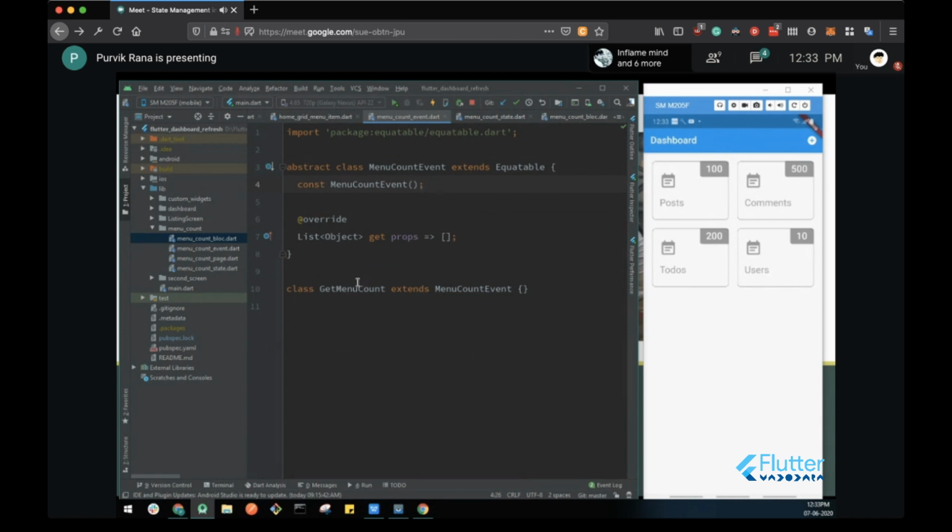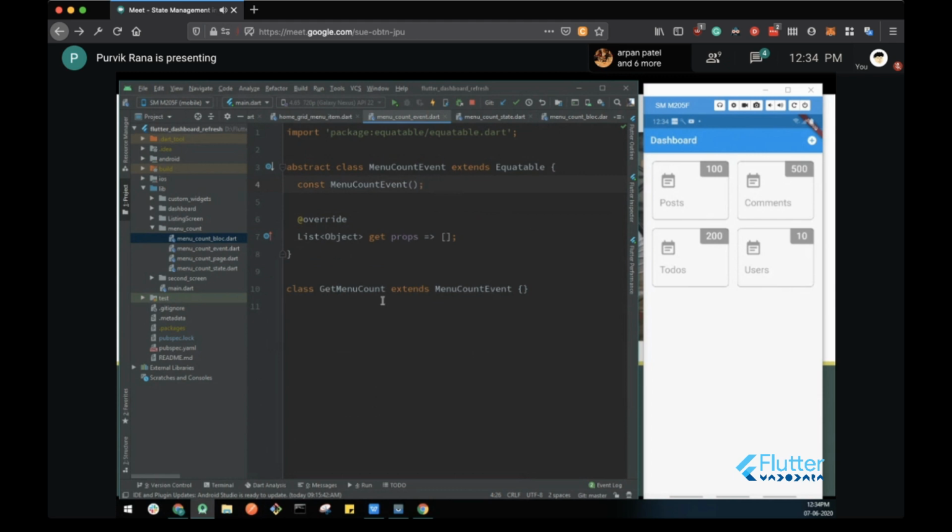You can read more about Equatable later. So you create an abstract class, the menu count event, and you can have different event classes. For this, I have one class, the get menu count, which extends the menu count event.